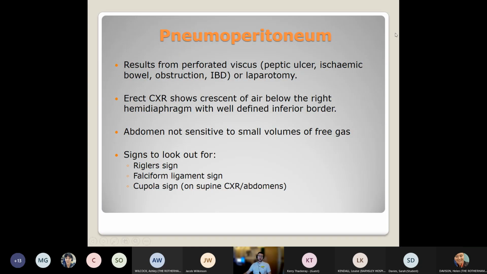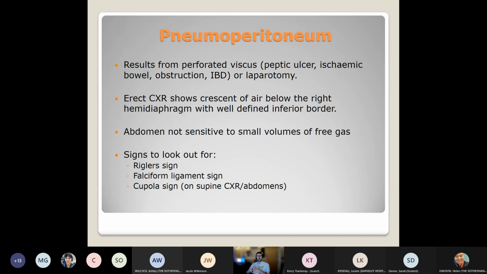Pneumoperitoneum, I don't see that often, but it is air in the peritoneal space. It can be caused by a lot of things like peptic ulcers, often bowel obstruction, where it's got to a point where it's actually burst because it's so dilated. Things like inflammatory bowel disease, where you get ulcerations of the bowel wall, can allow air to leak out. However, you can get it as a normal